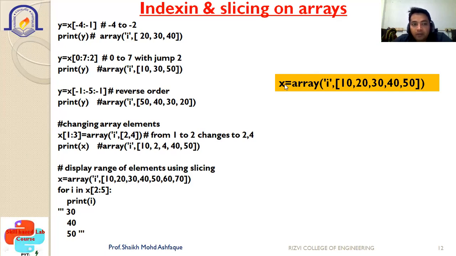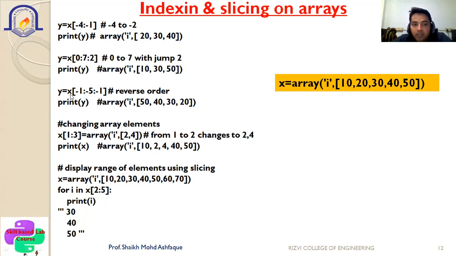In that way, it will go ahead till the 7th position, that is the n-1 position. At that time, it will take a jump of 2. If the data is available up to that point, it will display it, otherwise it will stop. So here you can see that first is your 10, then it will take a jump, 30 will be displayed, then it will take a jump, and 50 will be displayed. So in this way, 0, 1, 2, then 3, 4. At that time, it will display the data as 10, 30, and 50.